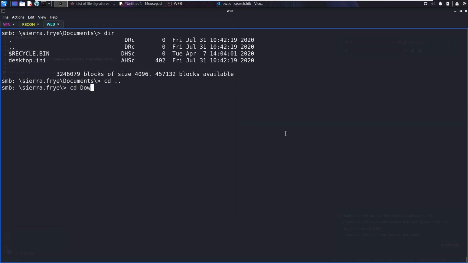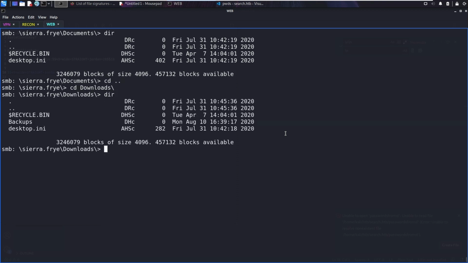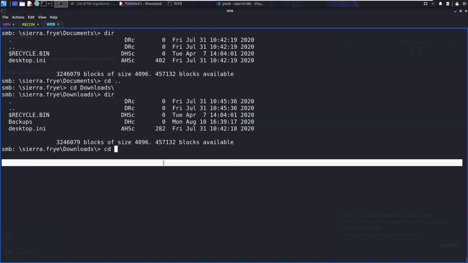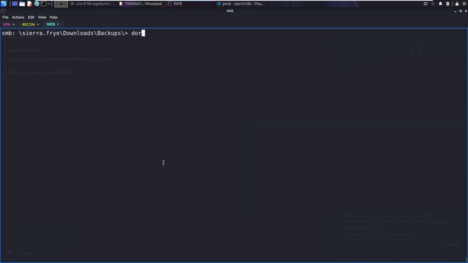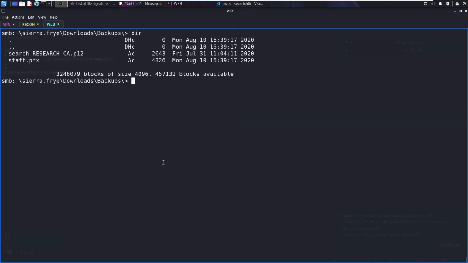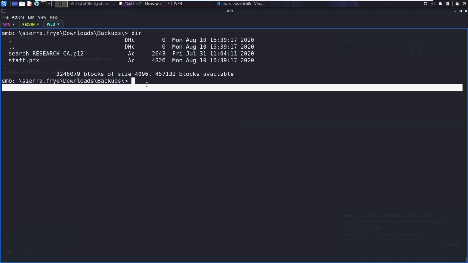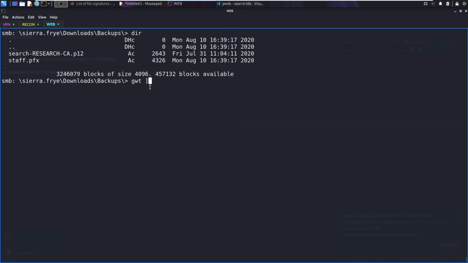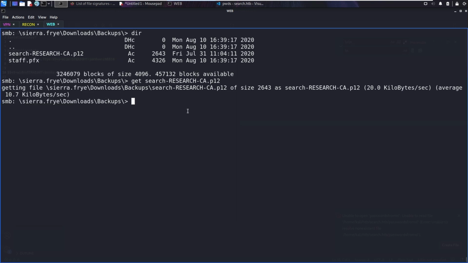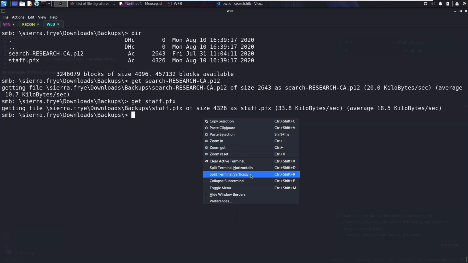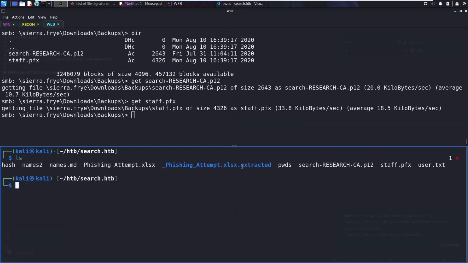CD into downloads. We have a backups folder. CD backups. And we have two files here. I'm going to go ahead and get them. Get. Grab this. Boom. And we'll grab this. Sweet. So now if we go ahead and switch terminal, when we do ls, we should now have the staff.pfx